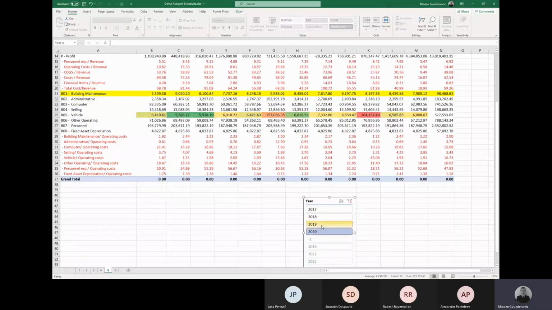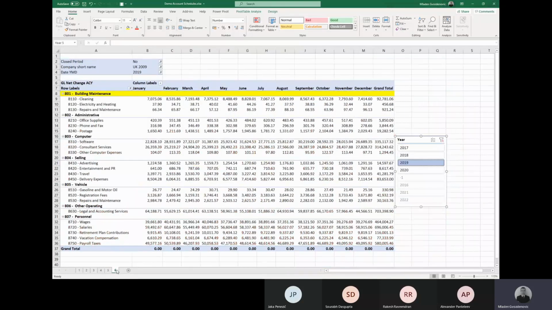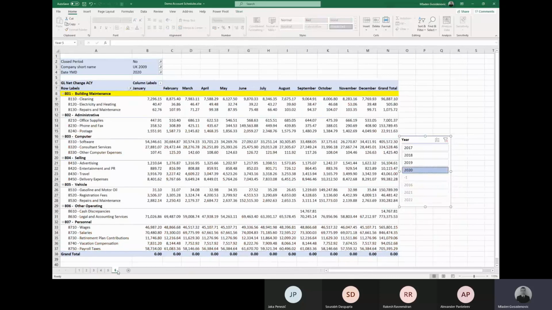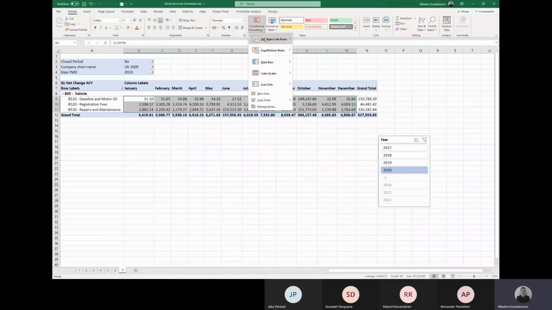Okay. Here we have a year where in October we have 300,000 cost. Usually the costs are much lower. So what we would do is, so it's 2020 and it is vehicle cost. So let's just go this exercise one step further. So I'm just focusing now on vehicle cost,